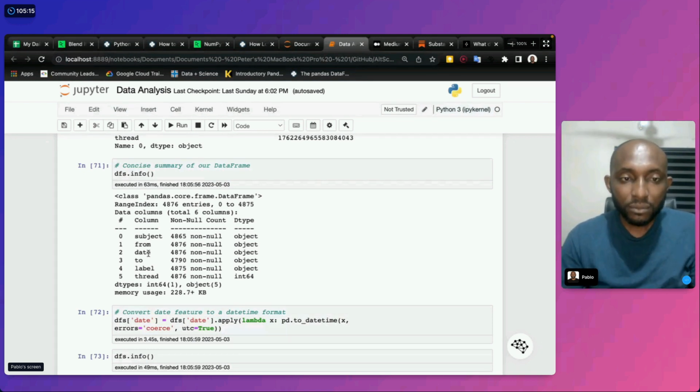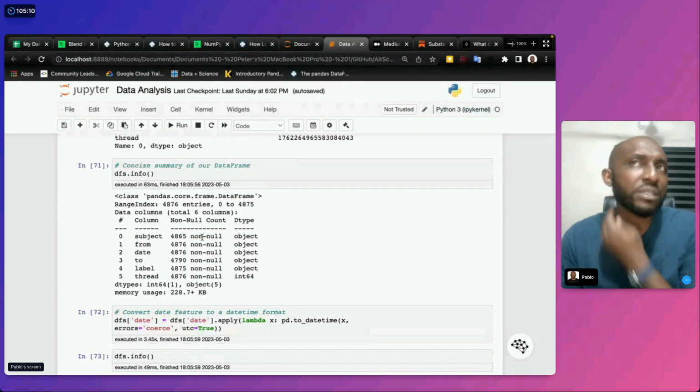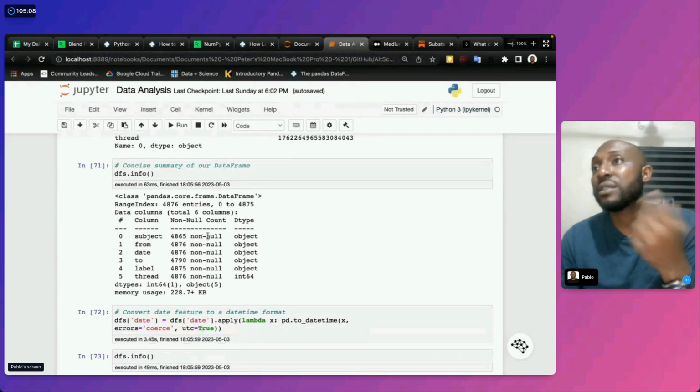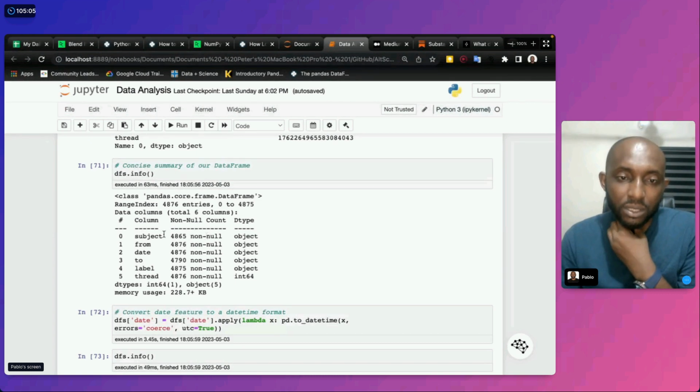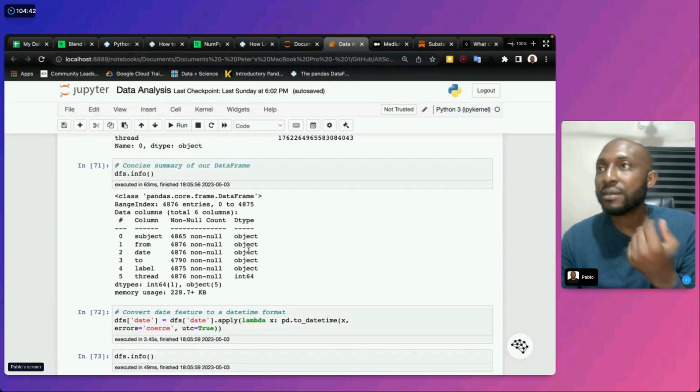By looking at the data here, you can see that we have subjects, which are like strings or objects, depending on how you want it to be. Then from. All these things are basically quote unquote objects or strings. But when we look at date, a date is a datetime object, basically, but it's not an object. It's often put out as object because pandas does not know what it looks like.